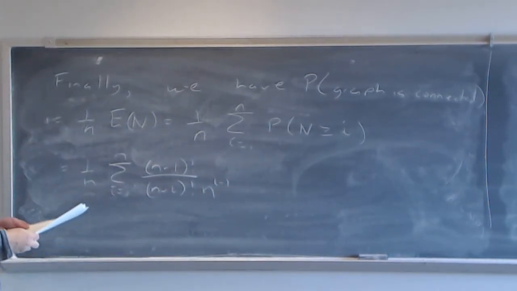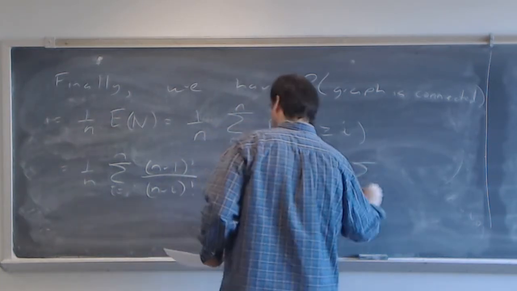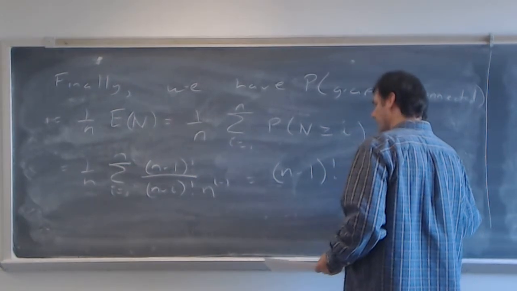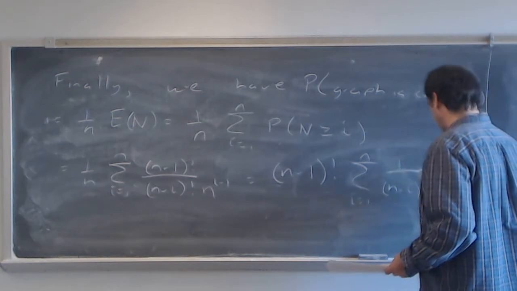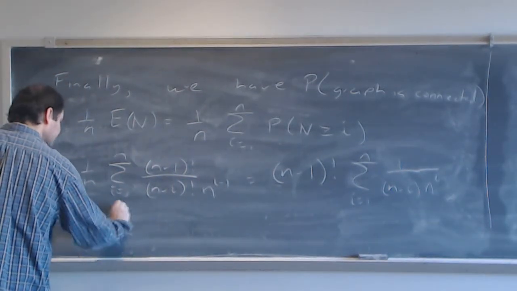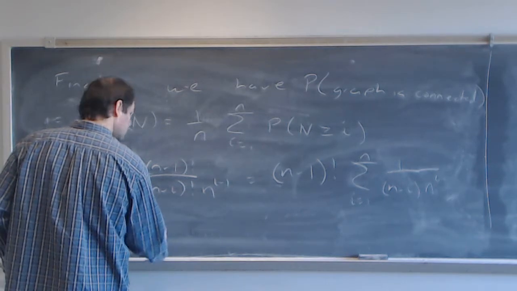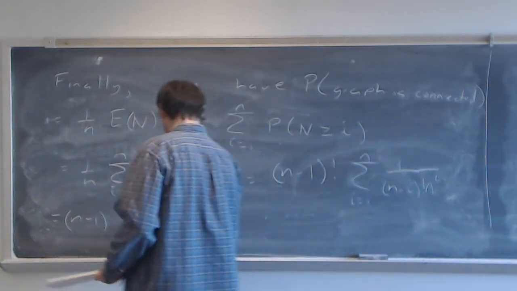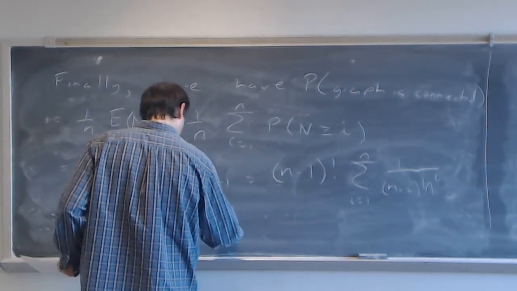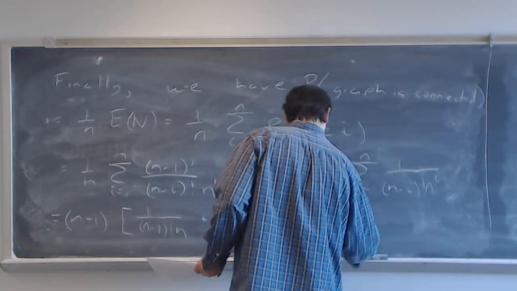All right, we can take that n inside, and take out the n minus 1 factorial. n minus 1 factorial, sum as i runs from 1 to n of 1 over n minus i factorial. And here this will be n; when I pull in the n, it'll just be to the i. Okay, so let's expand this. So this will be equal to n minus 1 factorial times, when i is equal to 1, we have 1 over n minus 1 factorial, n, and then plus 1 over n minus 2 factorial, n squared, plus 1 over n minus 3 factorial, n cubed, all the way up to,